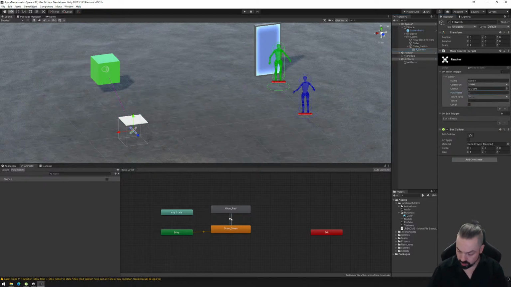So parameter was switch with a capital S. It was a Boolean. Now, with this one, even though it's invert, so it'll bounce between true and false, you have to put something in here. So trigger, you don't have to, but with Boolean, you do. So I usually just put in true. So that's that. And our box,